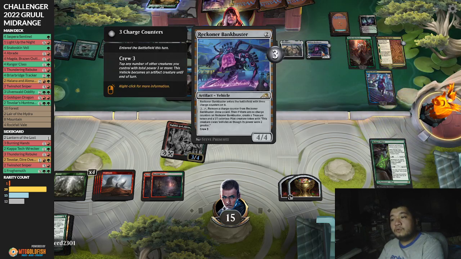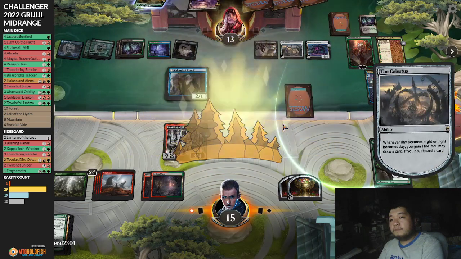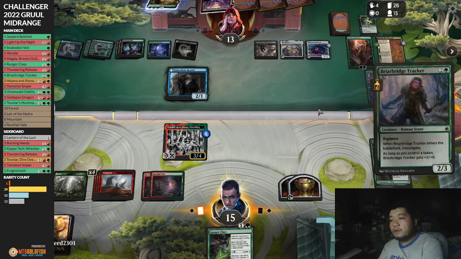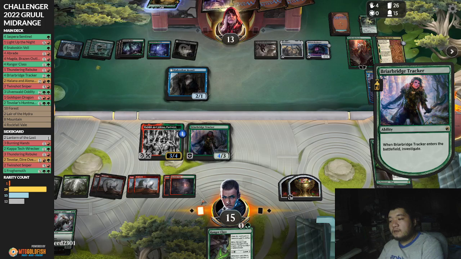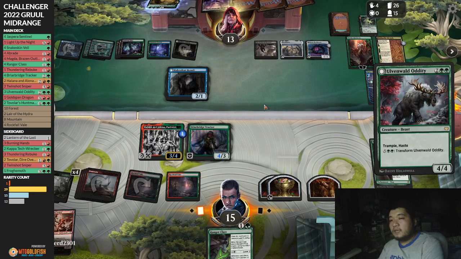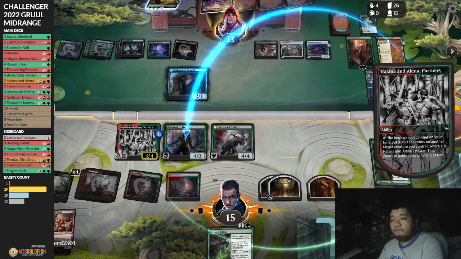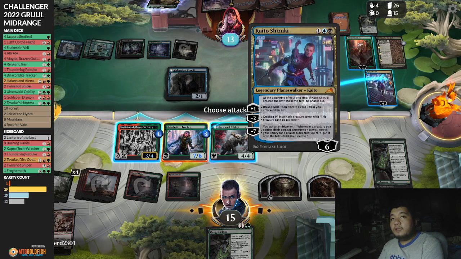Such a tease. Okay, Bankbuster. Malevolent Hermit to... Can't crew it. Okay, we do get Briarbridge Tracker, so I'm gonna dump that one. Oh wow, we have an even more oddities now. Sniper, we can't actually cast. So we can't take out our opponent yet, so...